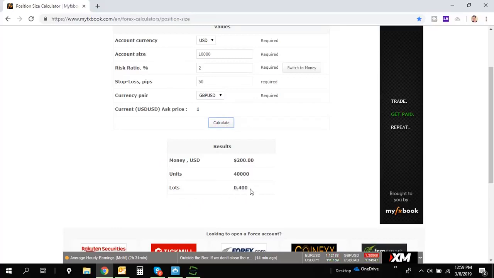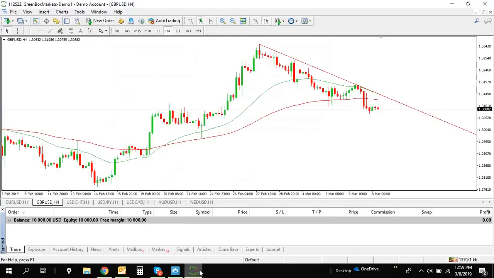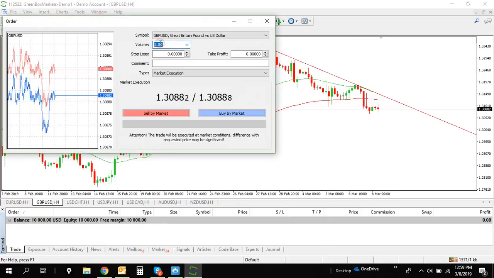So what that means is, of my $10,000 balance, 2% risk of my $10,000 is $200, which means that 50 pips equals $200. So my stop loss is 50 pips, and I'm risking $200, which is 2% of my account on this trade. So if I was to enter this trade, I would enter it with a 0.4 lot size, buy,